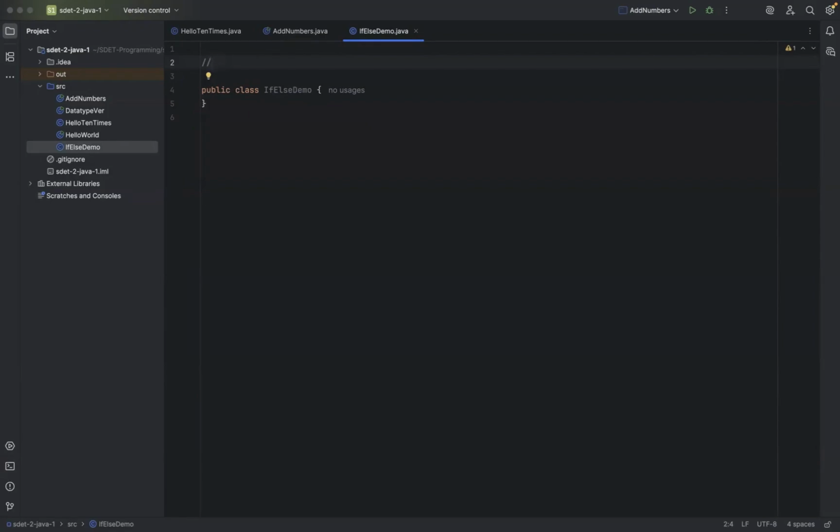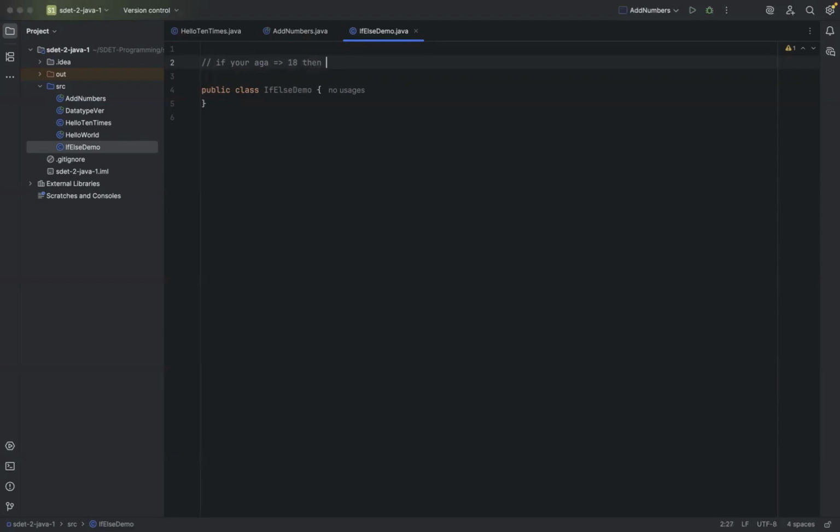If your age is greater than or equal to what? Tell me. 18. Greater than or equal to 18,